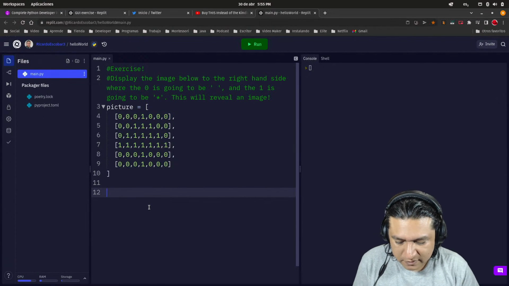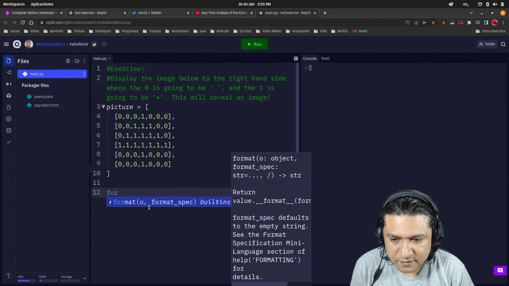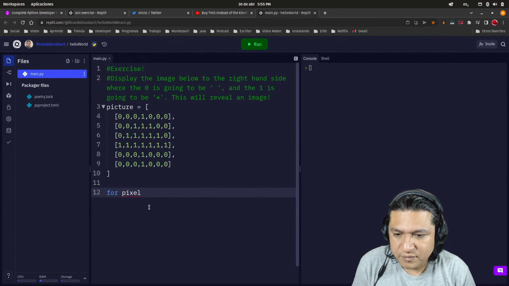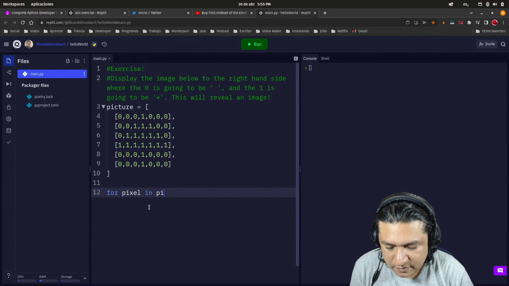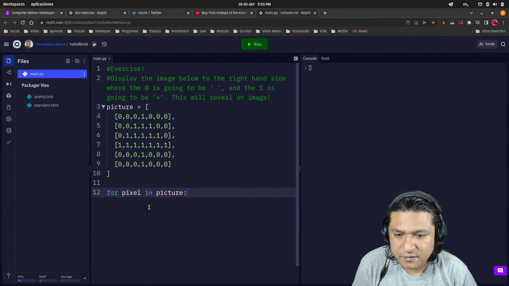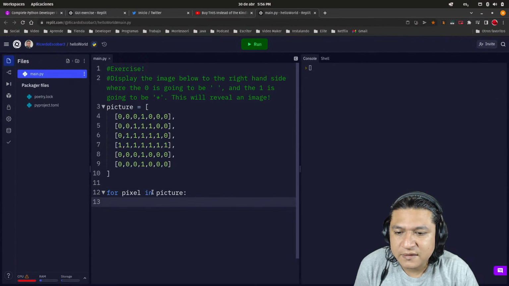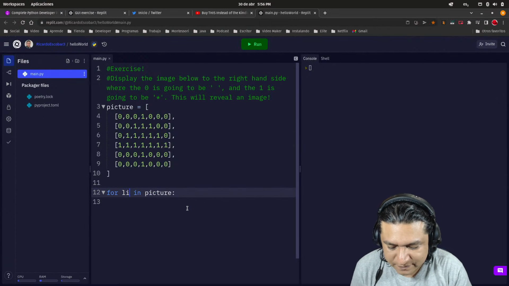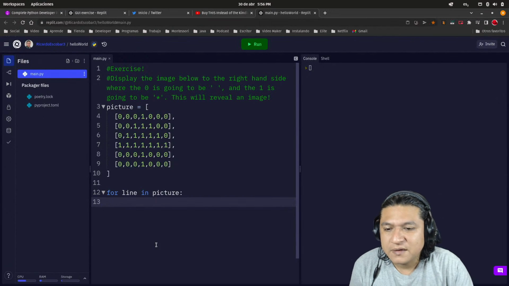So I guess that, okay, for pixel, let's just call it like that, in picture. Okay, so what I'm doing here is that, well, actually it's not a pixel, it's more like a line, for line on the picture. Okay, and now